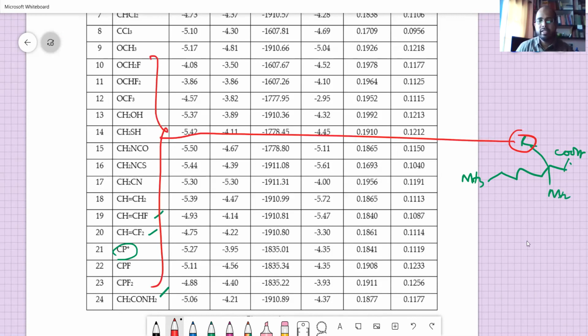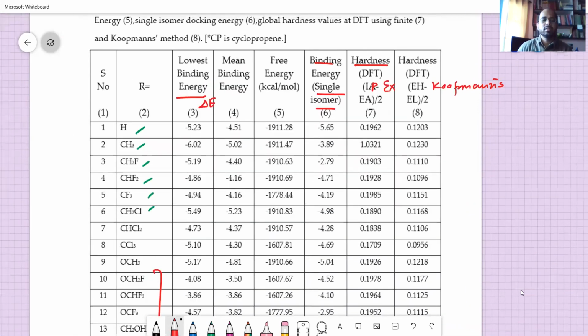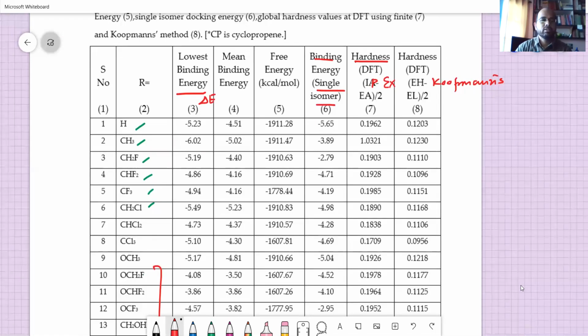Okay, so after a lot of computational work, using a lot of computer resources, the values have been calculated. So look at this, you can have an idea of what is happening there. If you look at this, you will see that minus 6.02 is a very good binding energy. It is a higher negative value, meaning a lot of energy is released. That means this CH3 derivative is having some effect. Okay, free energy is also calculated. You can directly compare the numbers and tell that based on the higher or lower numbers, the reactivity varies.